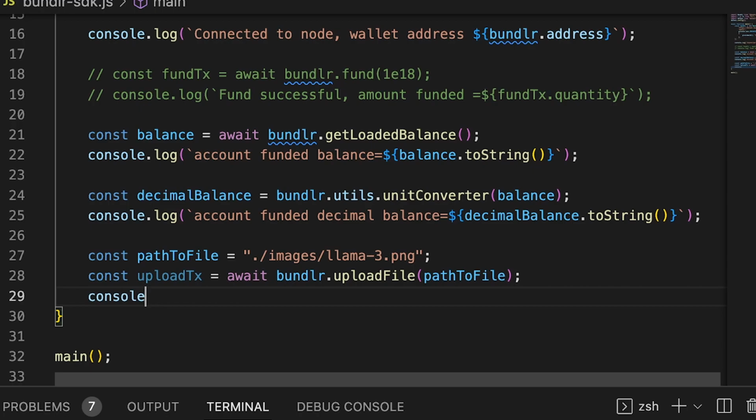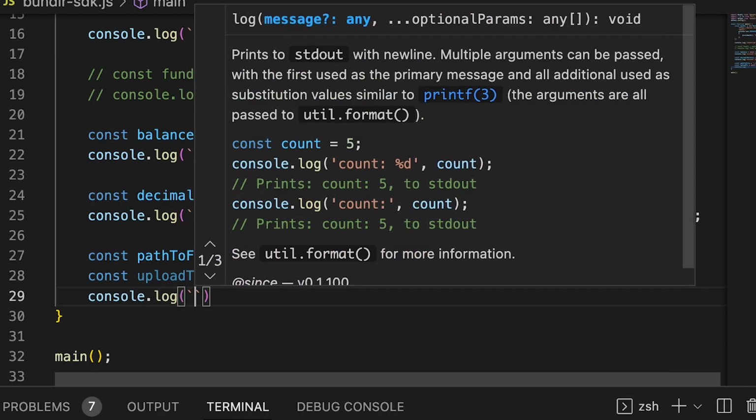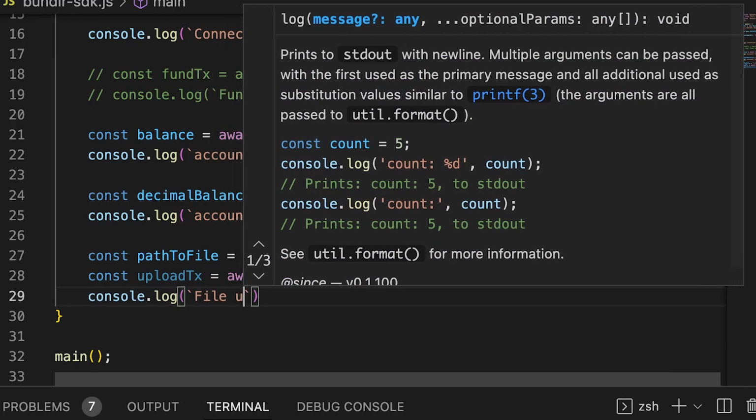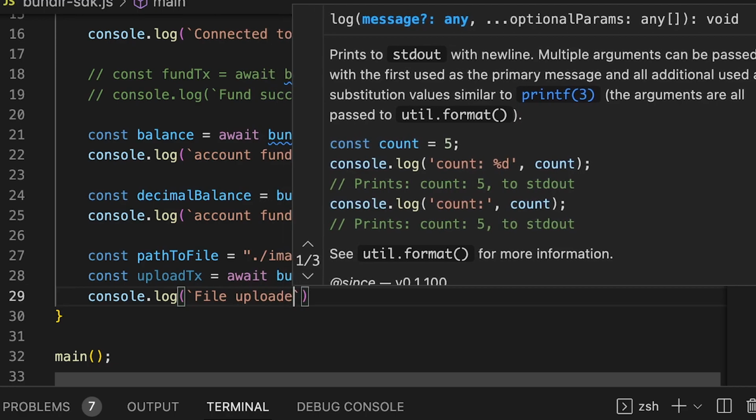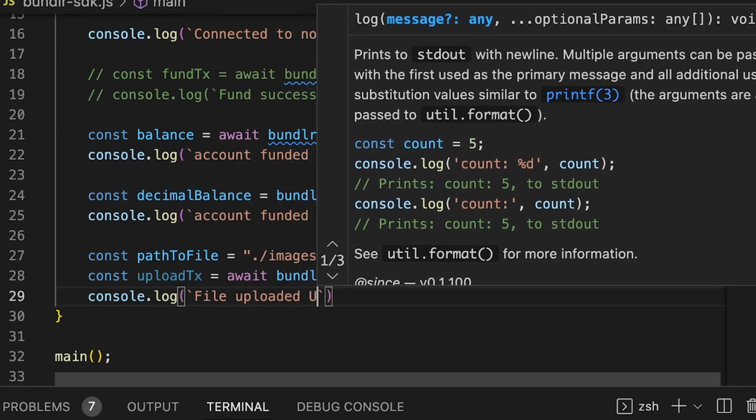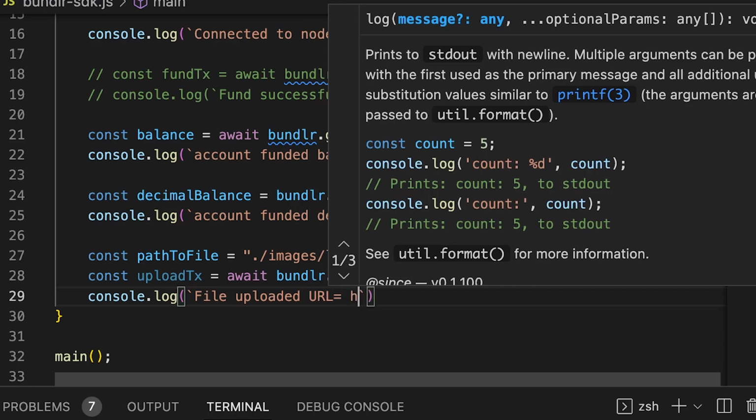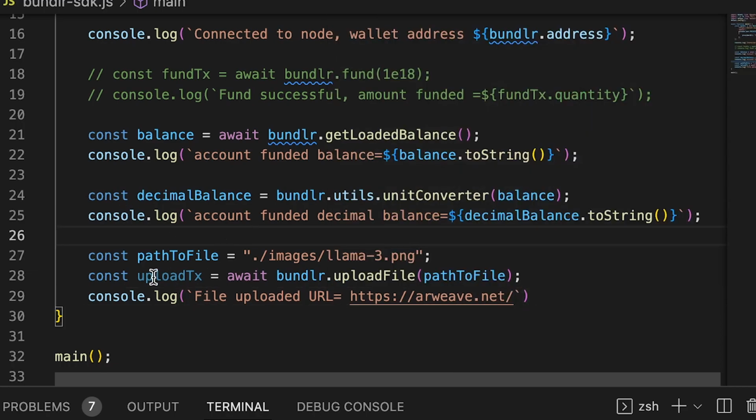Okay, console.log "file uploaded, URL equals", and it goes like this. You start with https://arweave.net/ and to that you add the transaction ID from here.